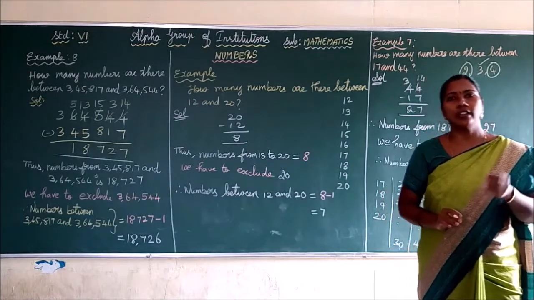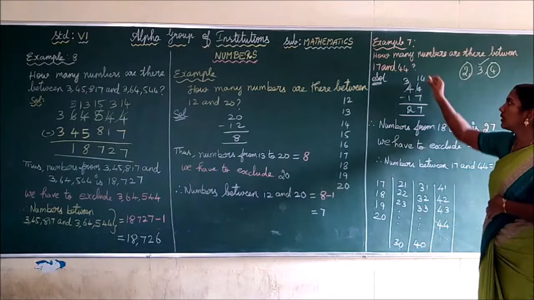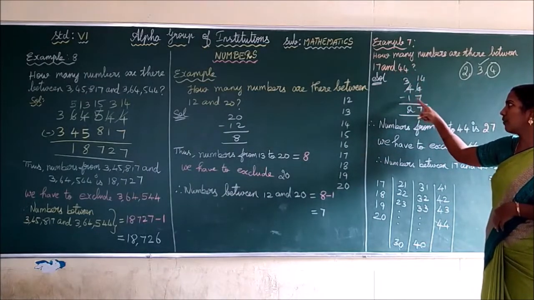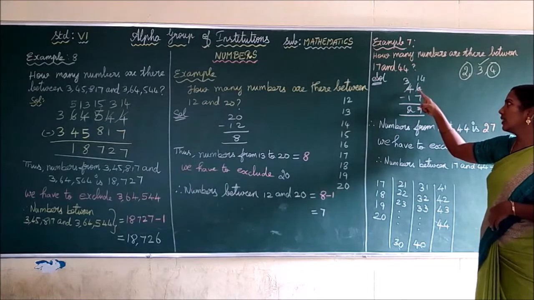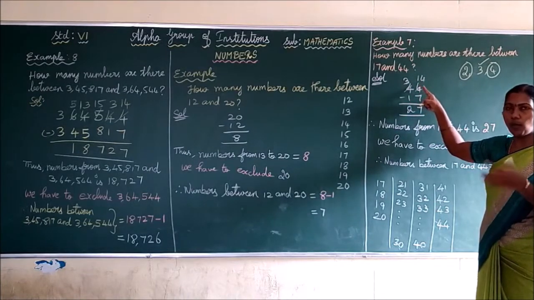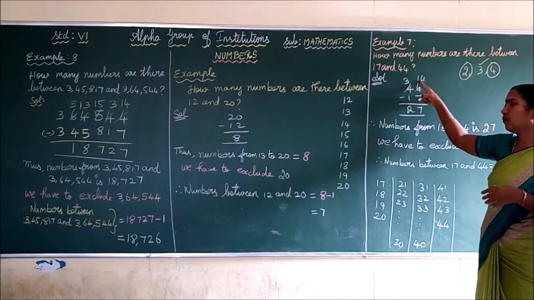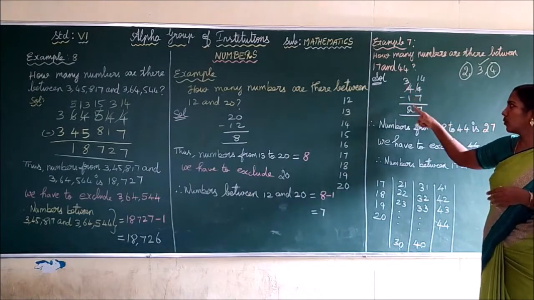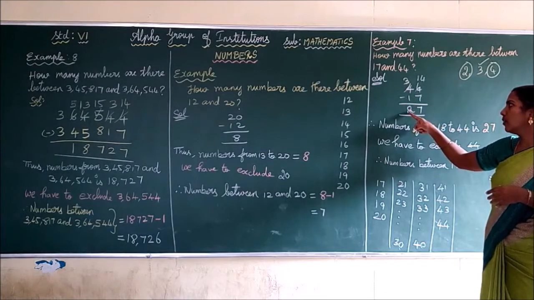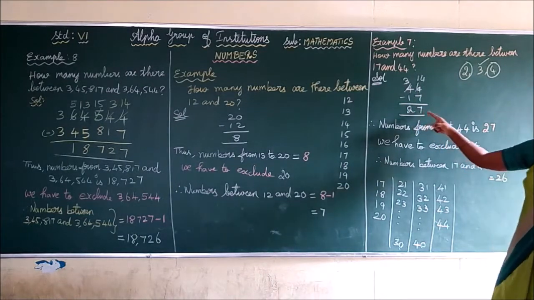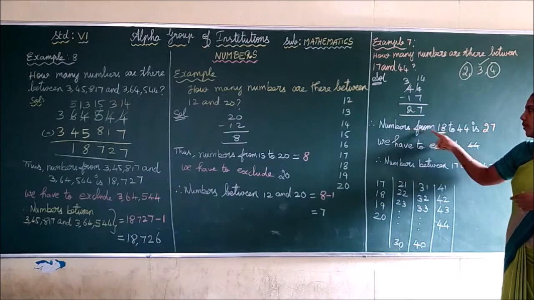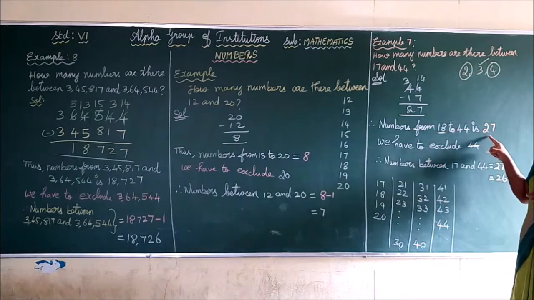Next we are going to find numbers between 17 and 44. How are we going to find it? First, you have to subtract 17 from 44. Borrowing 1 from the 4, we get 14. 14 minus 7, 7. Thus, 4 became 3. 3 minus 1, 2. That is, there are 27 numbers from, listen here children, now I am writing 18. That is, numbers from 18 to 44 is 27.